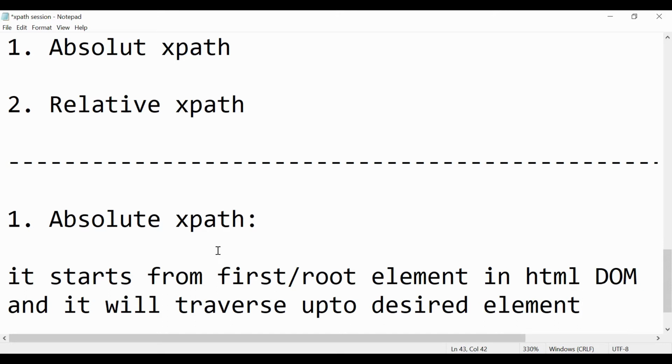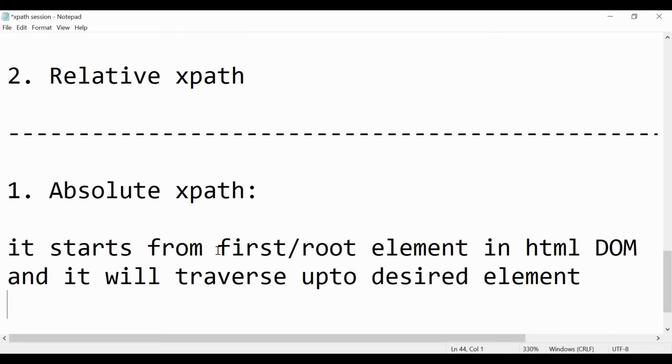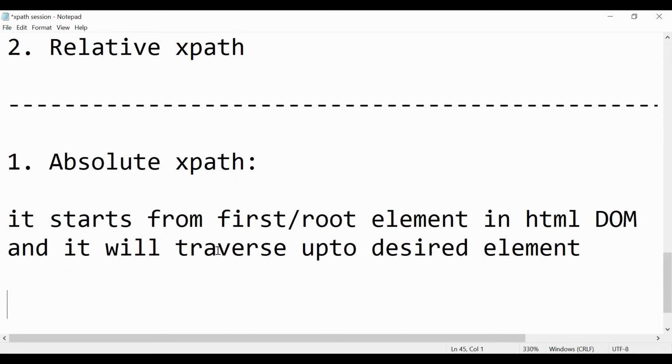So it will start from the first root element in the HTML DOM and go until the desired element is found. In an HTML document, our document starts with the HTML tag, right? So it will start with this HTML root, and it will traverse until you get your desired node, or desired element.